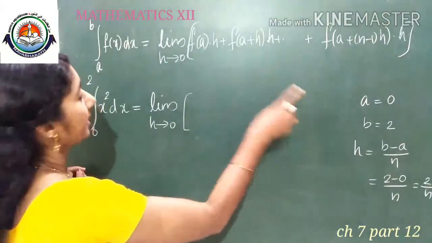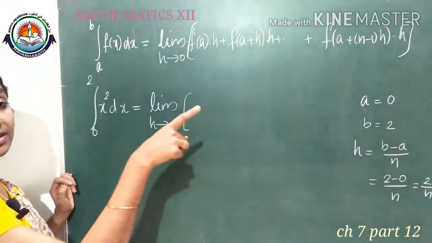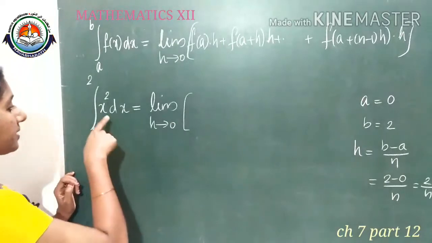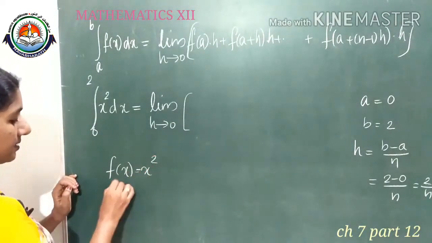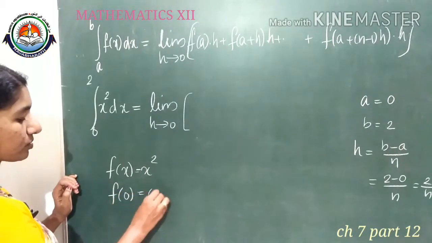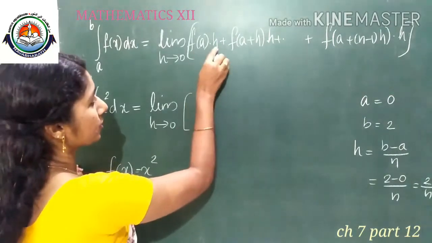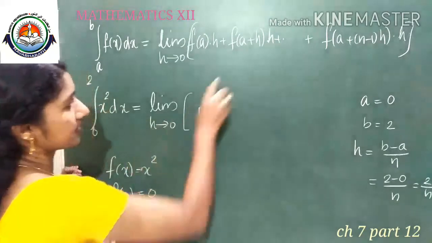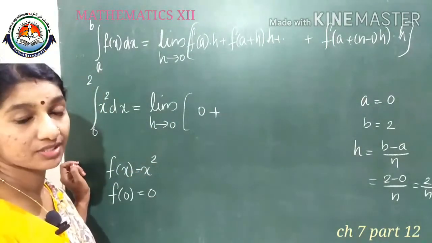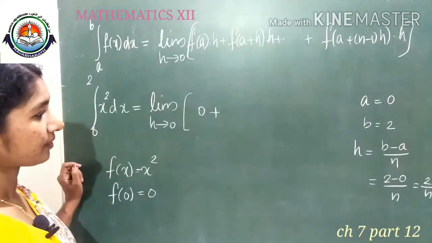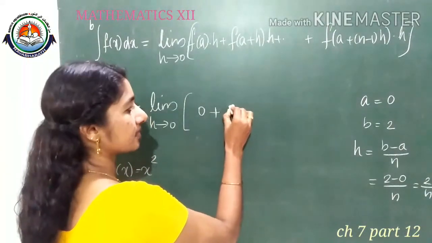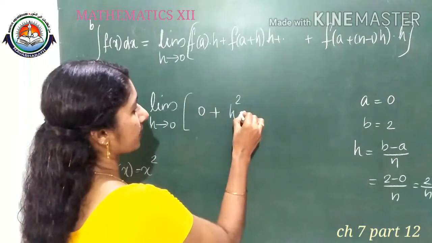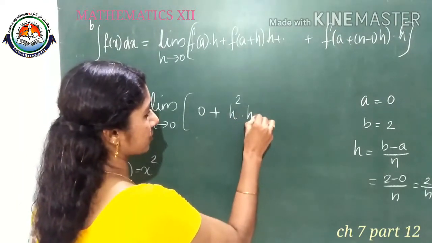What is f of a? f of a means f of 0. So here, what is f of x? f of x equal to x square is given. So f of 0 equal to 0. So first 0 into h, 0 plus, next one, f of a plus h. f of a plus h means f of 0 plus h. So we are getting f of h, that is h square into h, plus